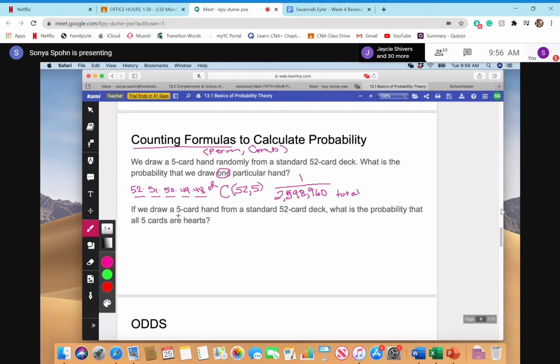When we do this one, if we draw a 5-card hand from a standard 52 deck, again, we're doing the same thing up here. So our total is going to be the 2,598,960. Okay, that was our combination 52, 5. That was our total. Then it says, what's the probability that 5 cards are hearts? So when we do this one, we have to think of, okay, so how many cards in a deck are